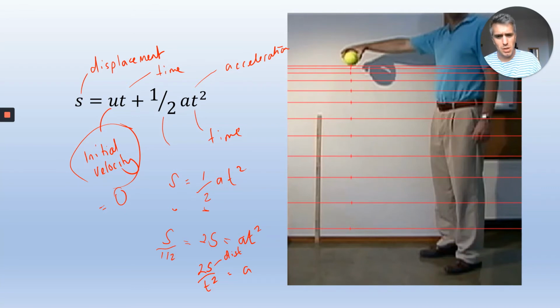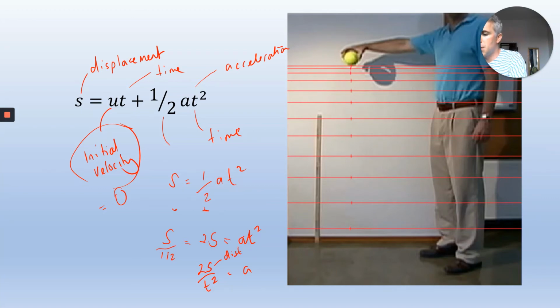Time is very difficult to be precise with. You've got reaction time and everything. Again, if it's falling a longer distance, it means it'll be a bigger time, so it'll be easier for you to measure. Most of you will have a smartphone, and on that you'll be able to video it and record it in slow motion, and maybe that'll make it possible to do precise